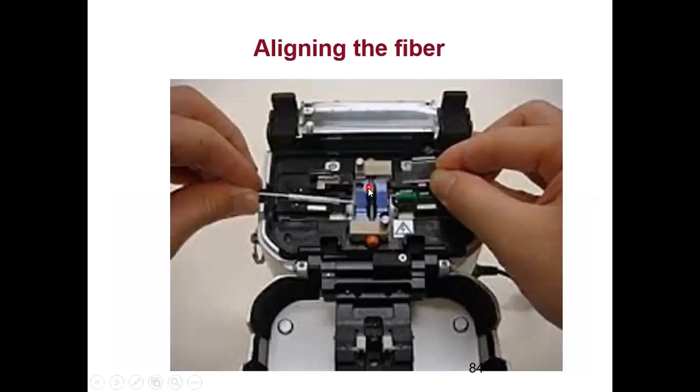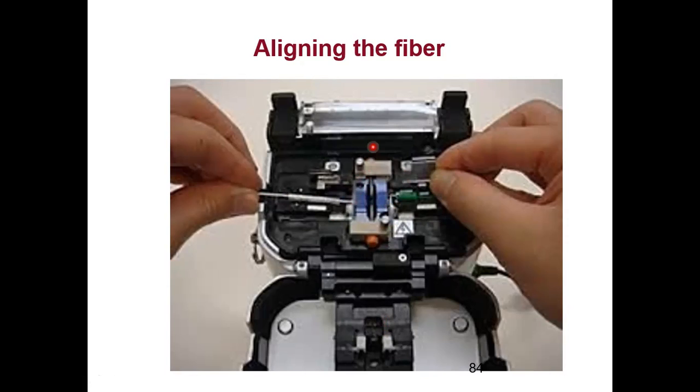So this is the arc generated. Okay, so this is the electric arc. Okay, heater. You can see these two candle kind of things are there. And the alignment sleeve is here and the other one is here. Okay, so once you have prepared the fiber, you align it over here, and the microscope is somewhere in this particular area. So when you are aligning the fiber, you have to bring this exactly here, and this also here. Okay, and then in the display, you will get a signal whether there is alignment or not.